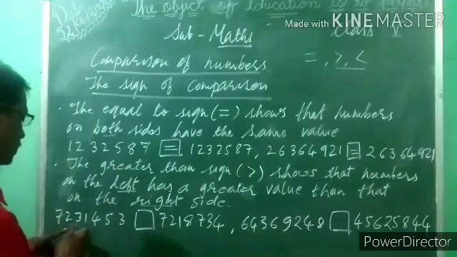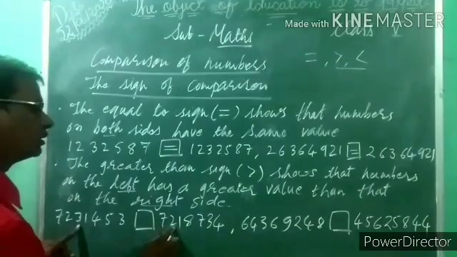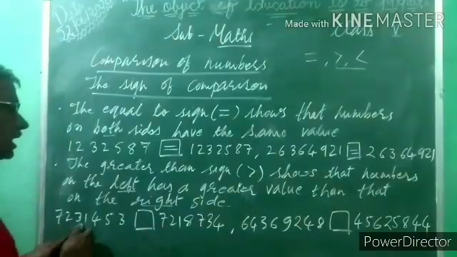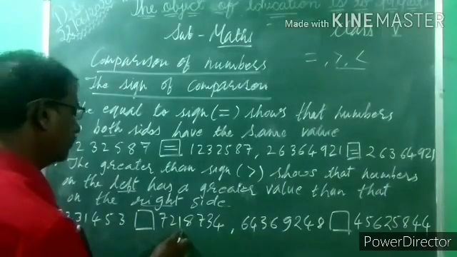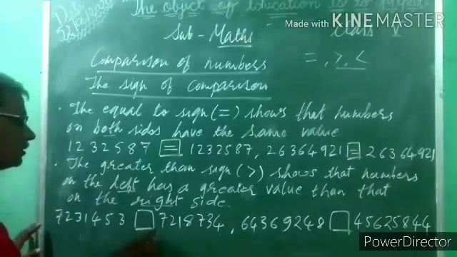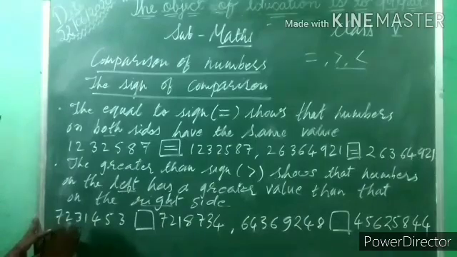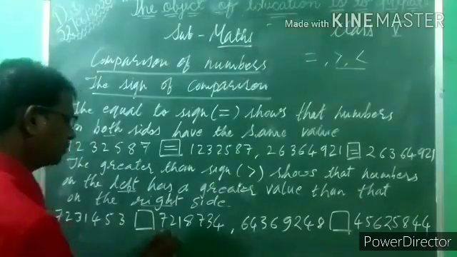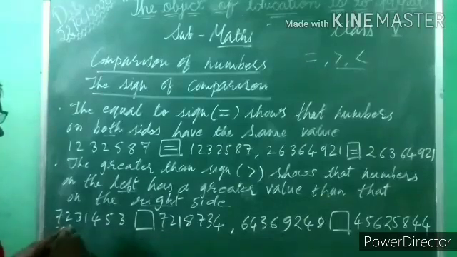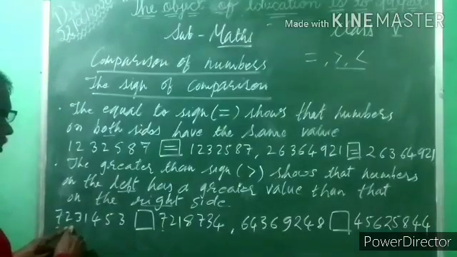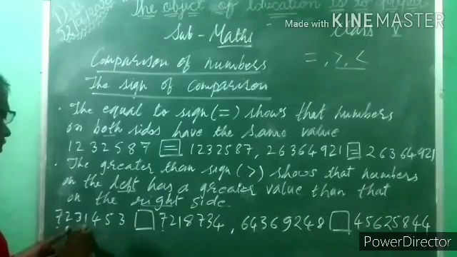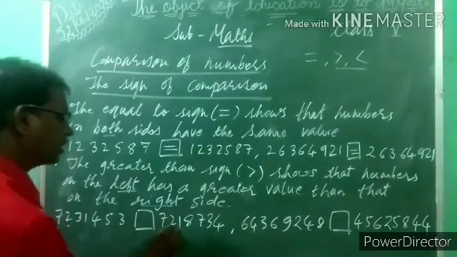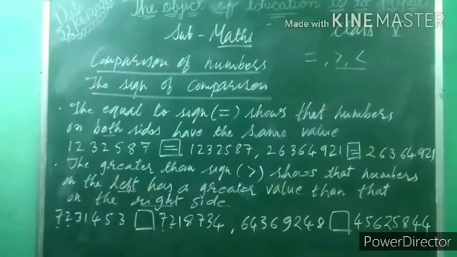Here 7, 7, 2, 2. Now what is given here? 3, and here what is given? 1. Now compare: 1, 10, 100, 1000, 10,000, lakh, 10 lakh. In the 10 lakh place, 7 is given here and 7 here. Both numbers are the same, common. Now before 10 lakh, which number? In the lakh place, here 2 and here also 2. This number is also common.